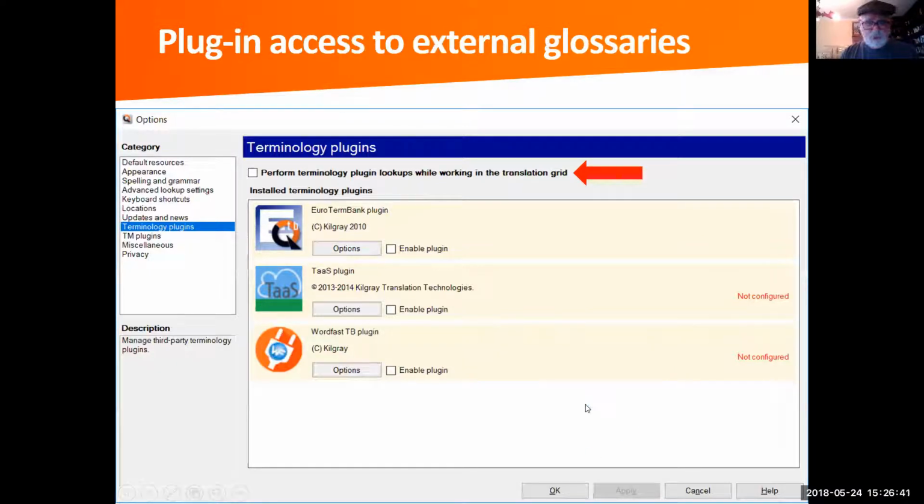causing a lot of confusion. So usually the first thing I do in a new memoQ installation is I go and disable that. But there is also the TAAS, or Terminology as a Service plugin, or the plugin for terminologies on WordFast servers,